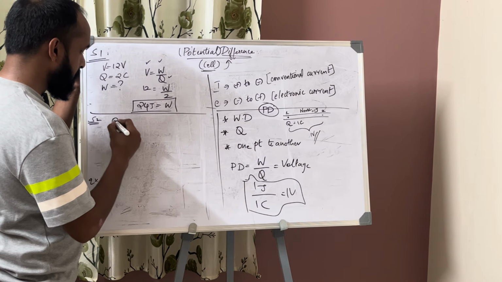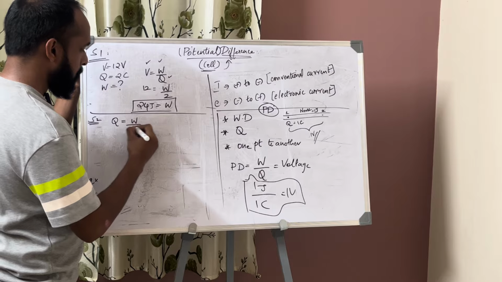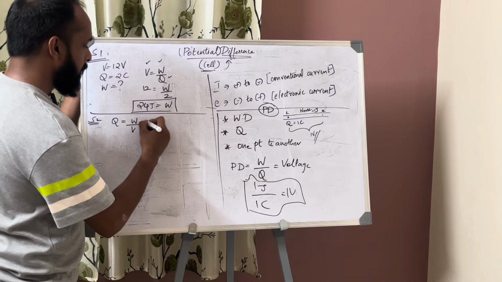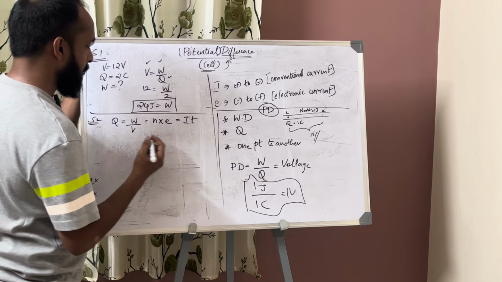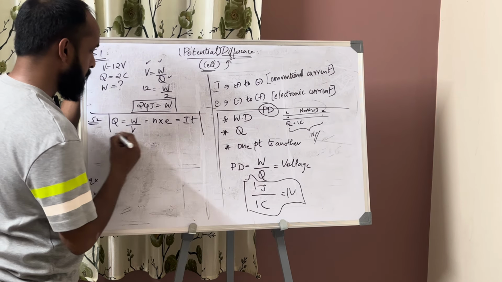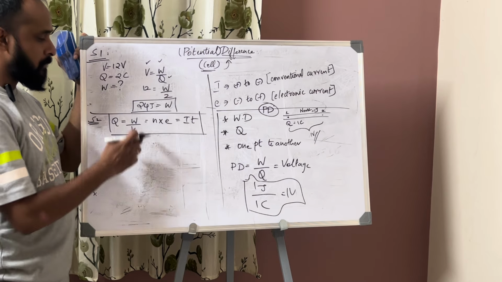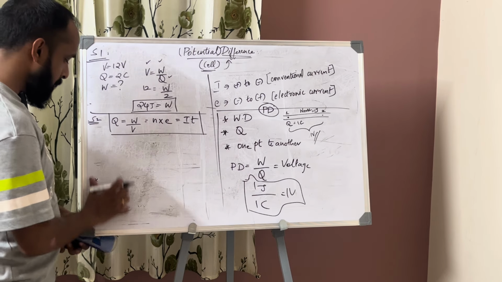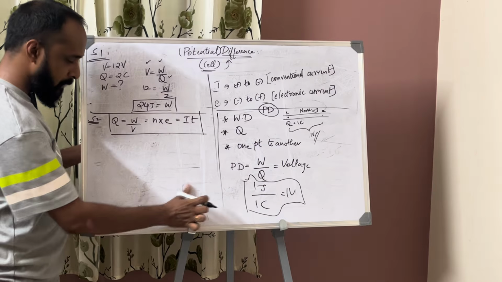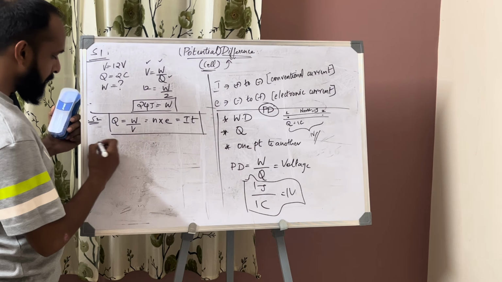Q, right? We can take it as Q is equal to W by V, wherein Q is equal to N into E, whereas Q is equal to I into T. Like this, they can relate charge with three different formulas. That is W by V, N into E, and I into T. Clear? Next, one question that I found interesting in the current 2026 paper was, they told